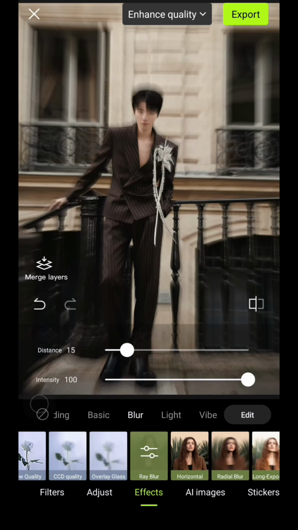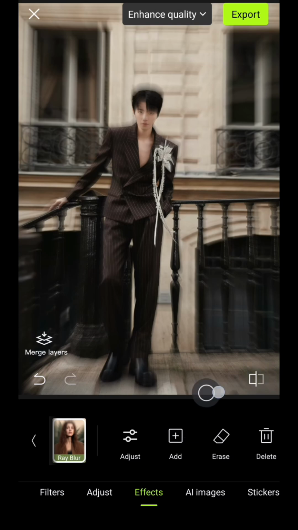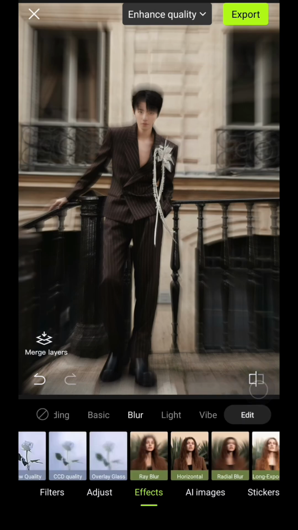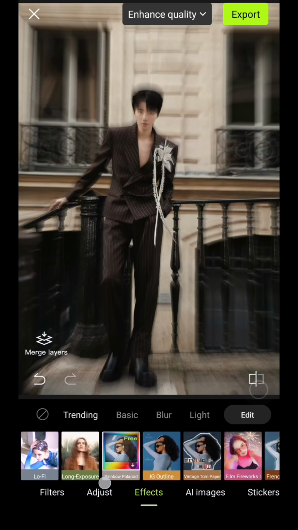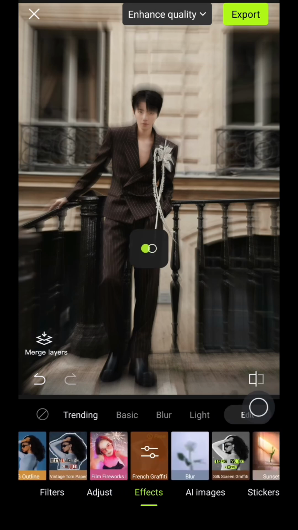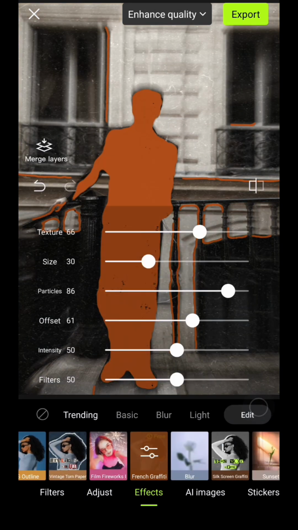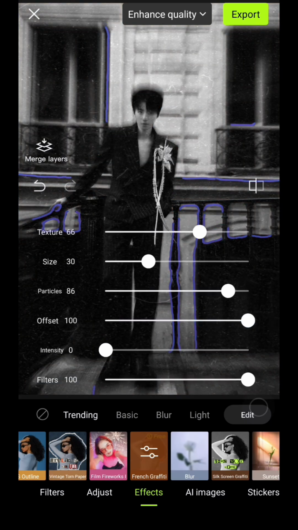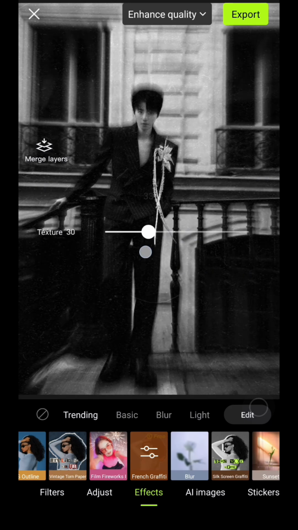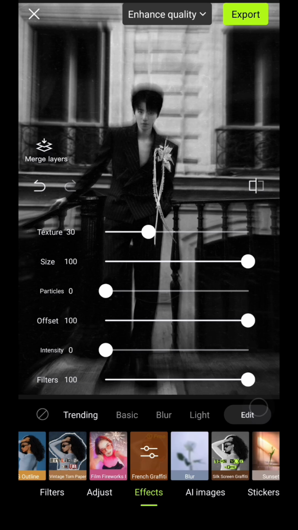for example like this, and then just tap on edit and then add, and then add another effects. Just go to trending and then just choose friends gravity like this, and then adjust like this. For example like this, and then